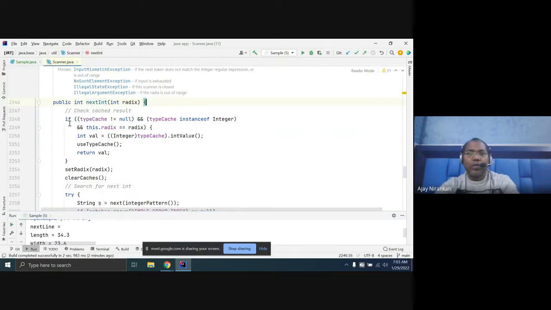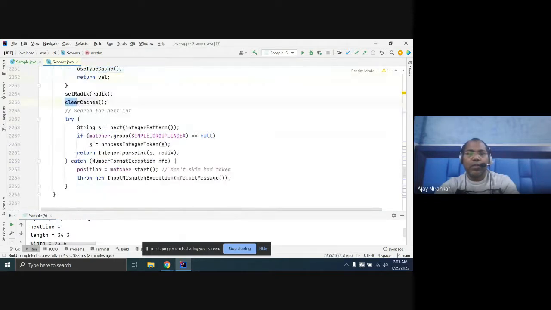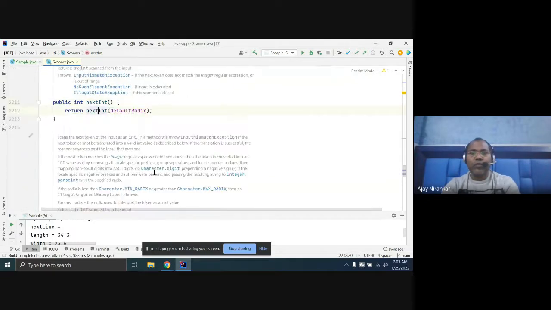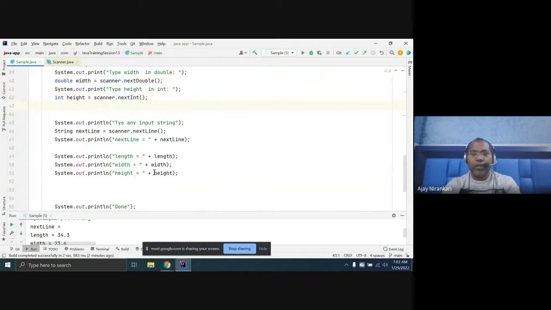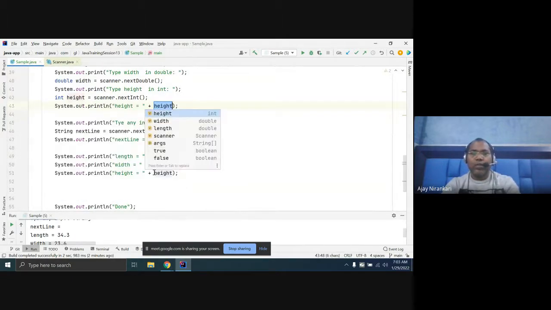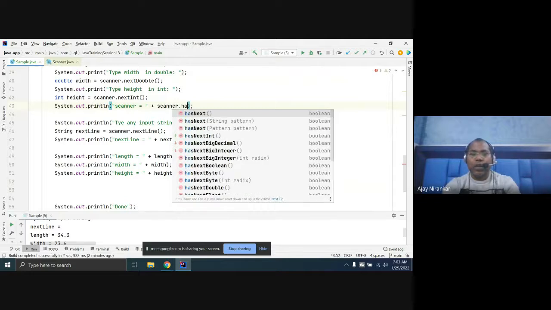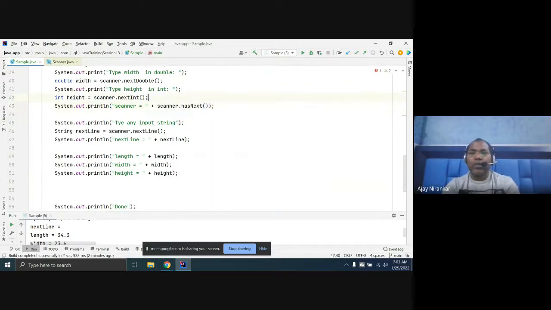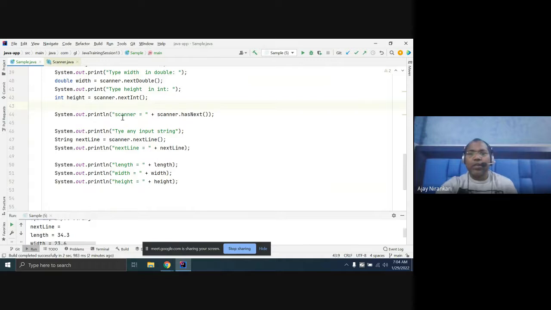They have written code like this, clear, right? So if you want to check, just system out and say scanner dot has next. Just check here whether scanner has some value or not. Just run it.